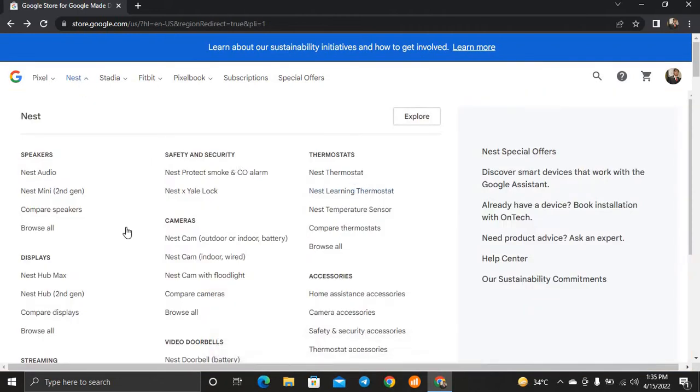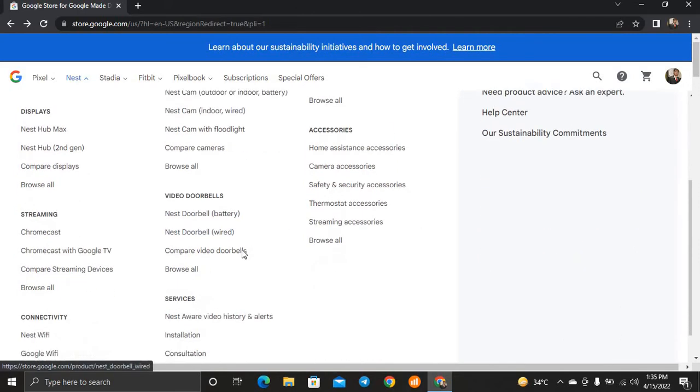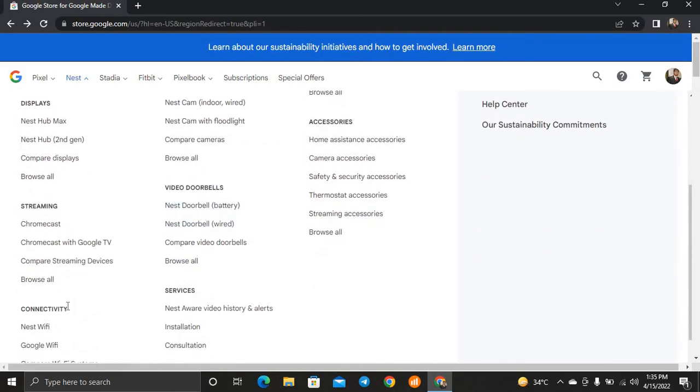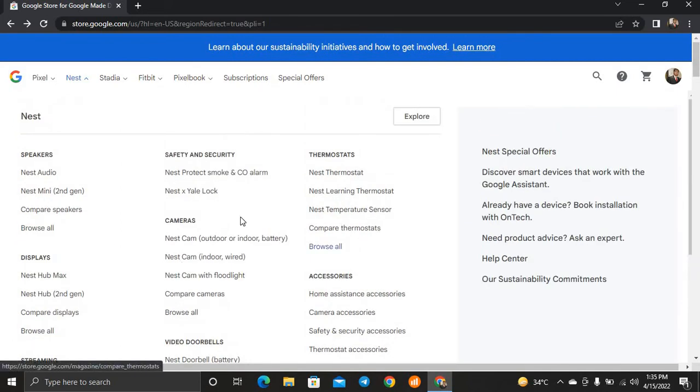In this, there are many categories of speakers, cameras, displays, accessories, doorbells, and connectivity, meaning Wi-Fi routers, and other devices. All these are available. First, let's suppose I select